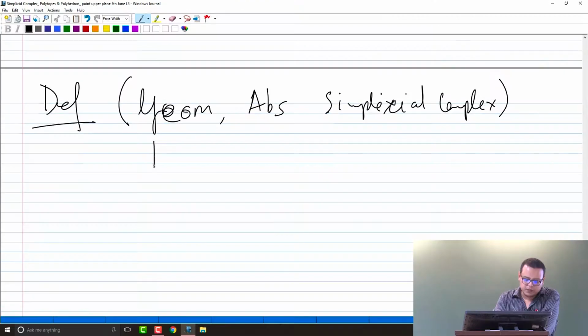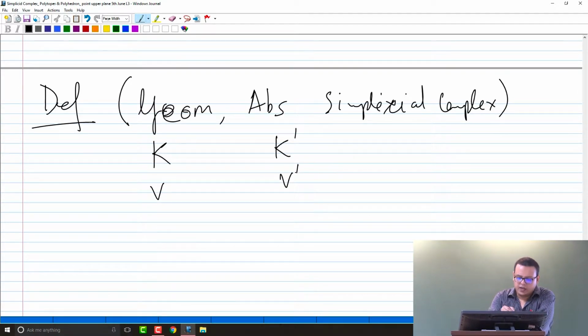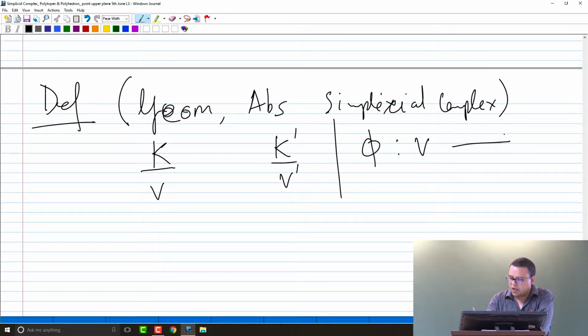I won't be making the distinction between geometric and abstract. I want to be vague when it comes to that. The main idea is, if you have a simplicial complex K and a complex K prime, let us say this is on the vertex set V, this is on the vertex set V prime. We say that K and K prime are isomorphic if there exists a map phi from V to V prime, such that